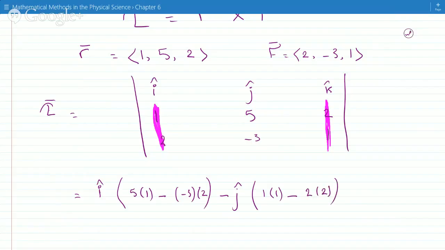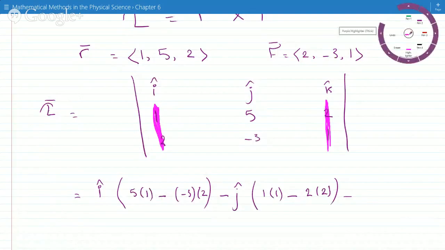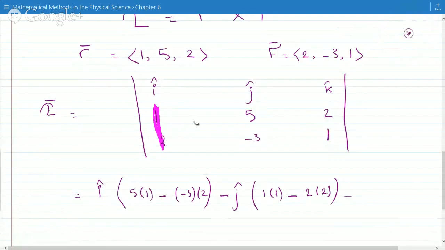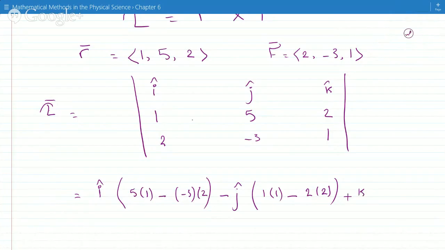And that is the j component. And then we go to the k component, plus,